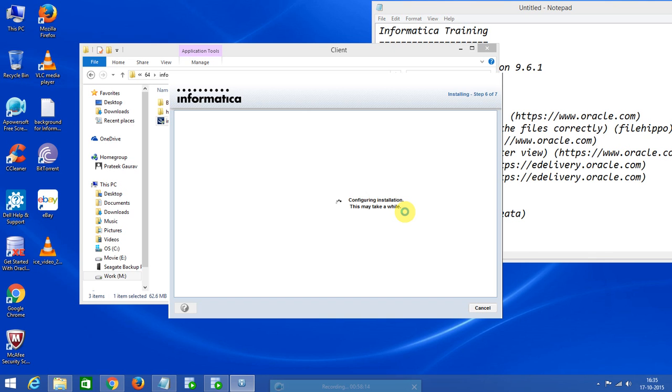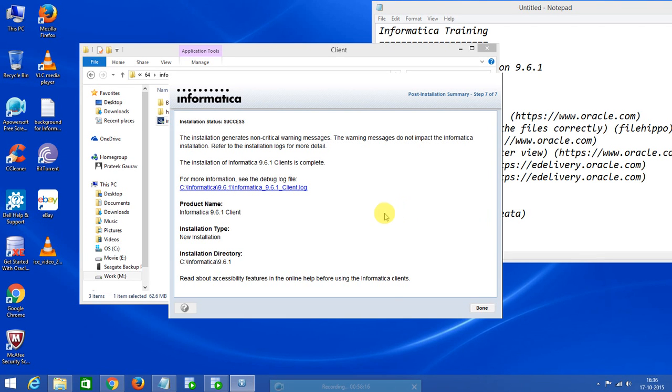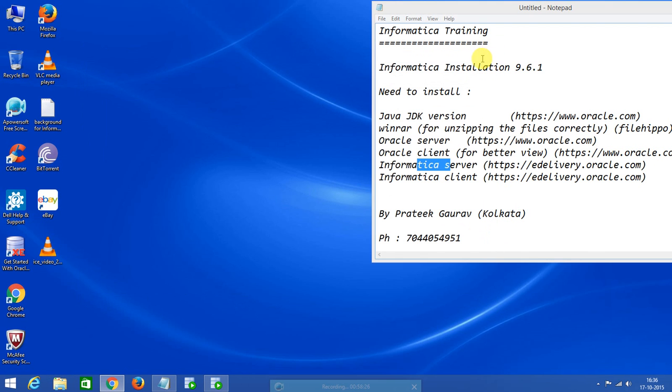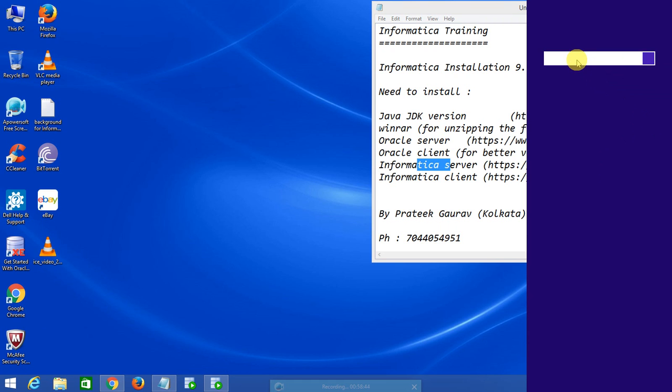So we can see that it has been installed. Informatica client is also complete. We'll click on done. We'll click here, complete. We can search in our start menu also in Windows 7. We'll click here, find Informatica,